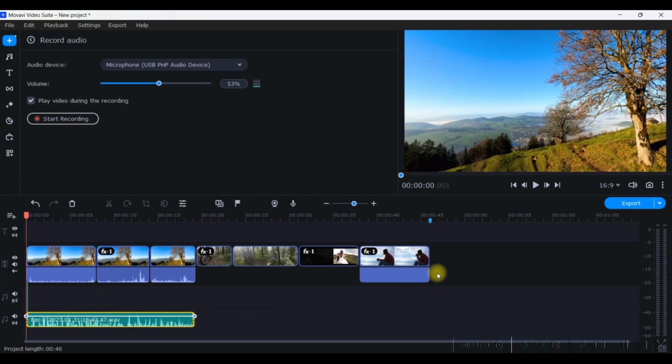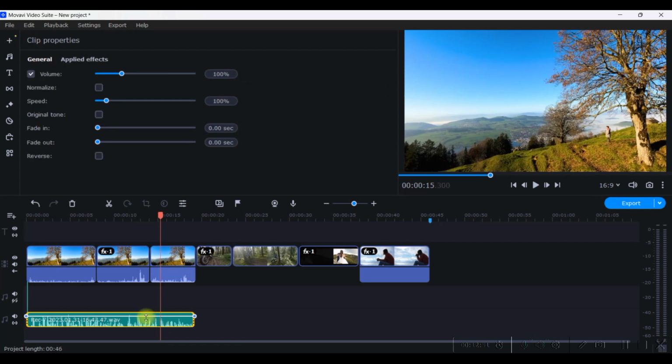Now once it is recorded, you need to check the audio quality. If it is not satisfactory, then there are a couple of other adjustments which you might need to do. Let me show you how you will adjust your recorded voice. You can double click on your recorded voice and the clip properties option will open. You may also open the same thing from here, from these three dots.